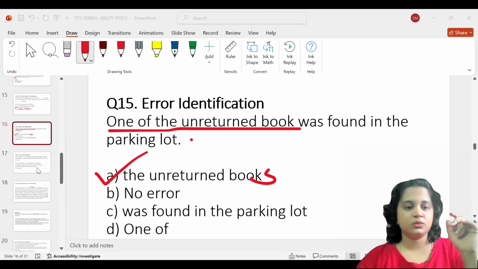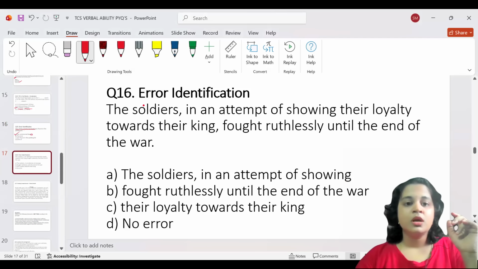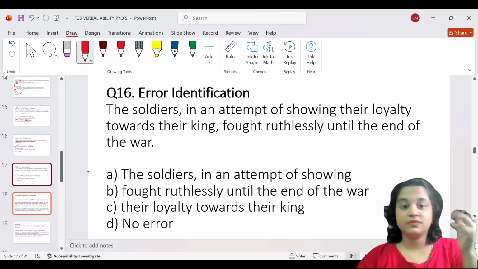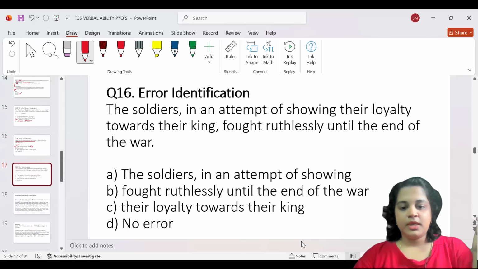Okay, let's go to question number 16. So this is error identification again. Maybe TCS loves to have error identification questions in plenty. All right, so let's read it and proceed. The soldiers, in an attempt of showing their loyalty towards the king, fought ruthlessly until the end of the war. Okay, and the error is going to be,